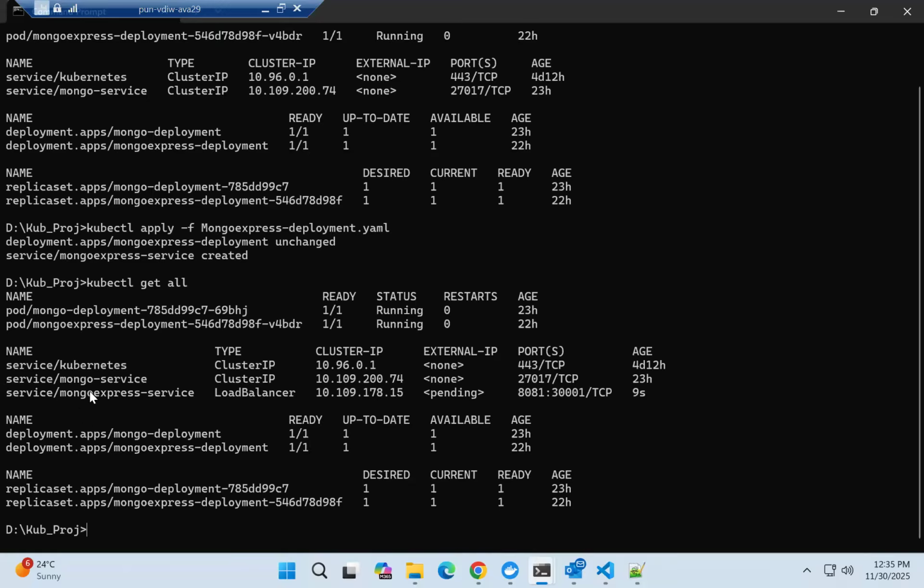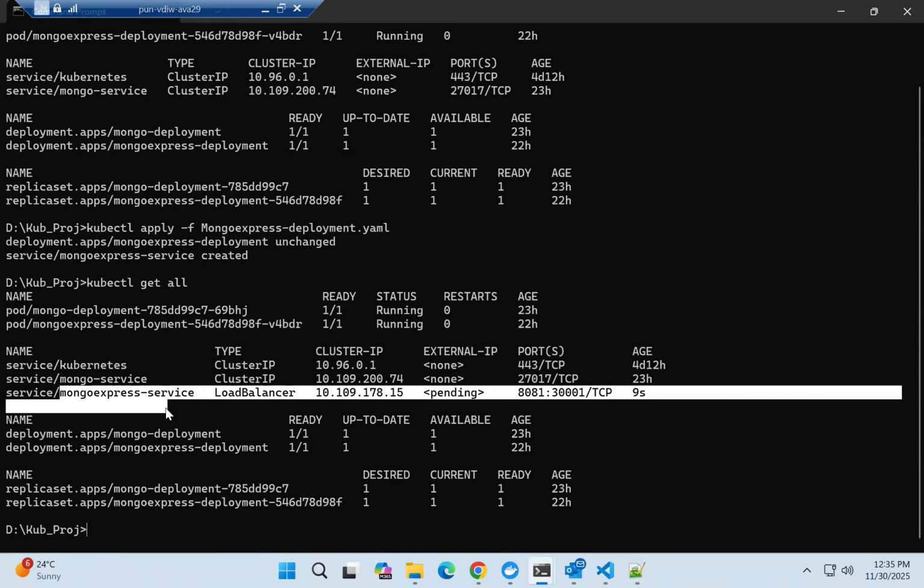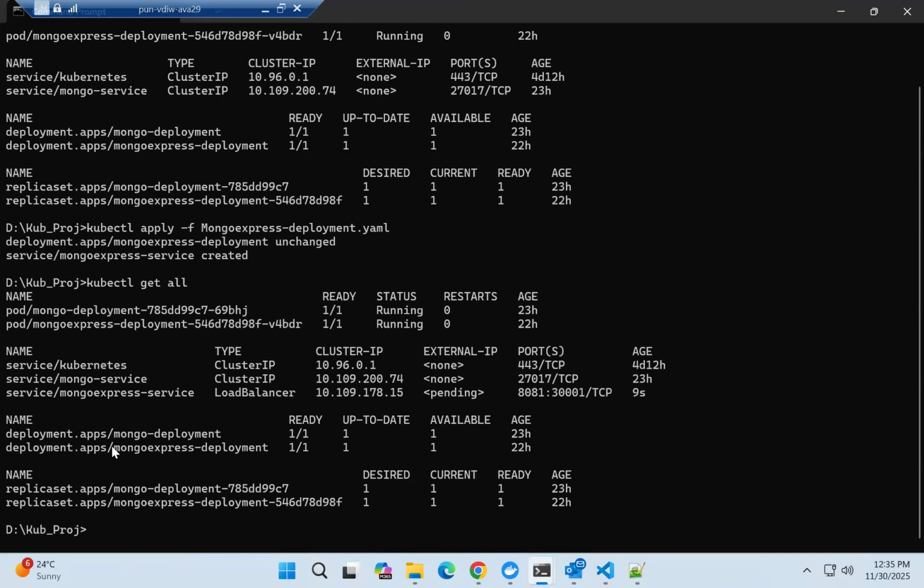Right now this is pending. So you need to start it. And to start, so far we were using the kubectl command, but since this is going to be linked with the external IP address, you have to use minikube service and the service name. Which service you want to